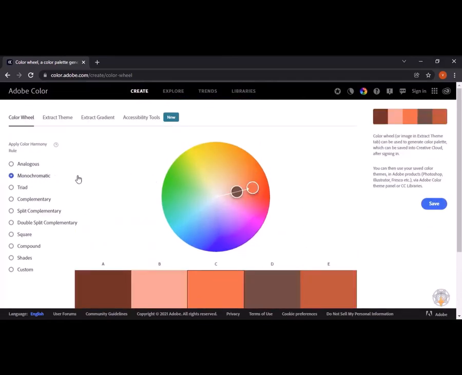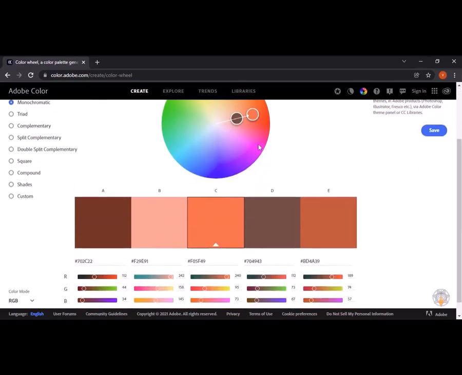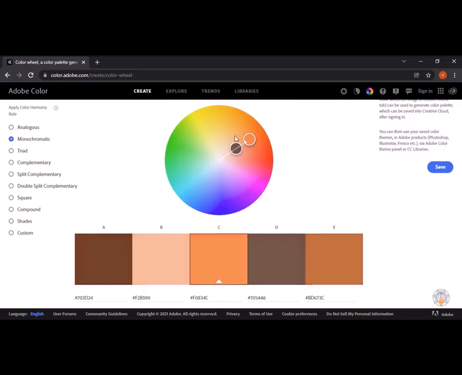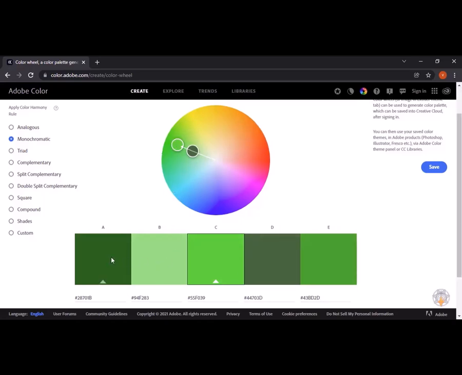Monochromatic colors are those colors which give you the different shades and tints of the same hue. So we call these colors the color wheel and these colors hues. You can see if I'm selecting the red color or the orange color here, it's showing you the same hue, shades and tints of it. And if I move it to any other place, let's say to the green side, you can see we are getting all the different shades of green and tints of green over here. So these are known as monochromatic colors.